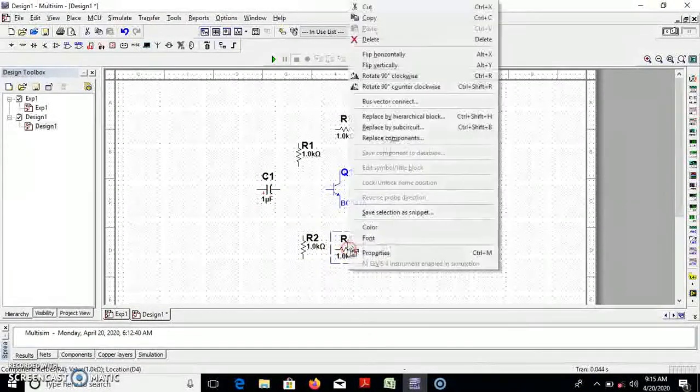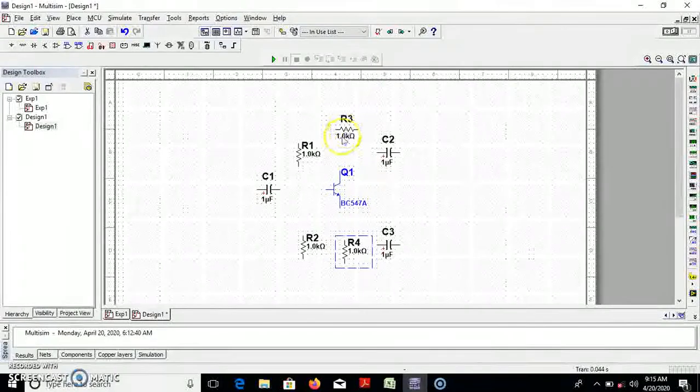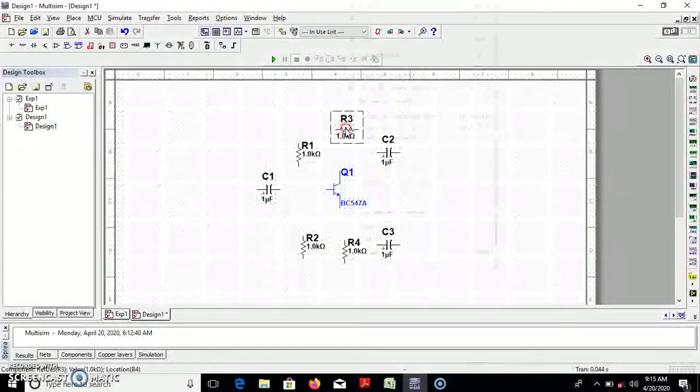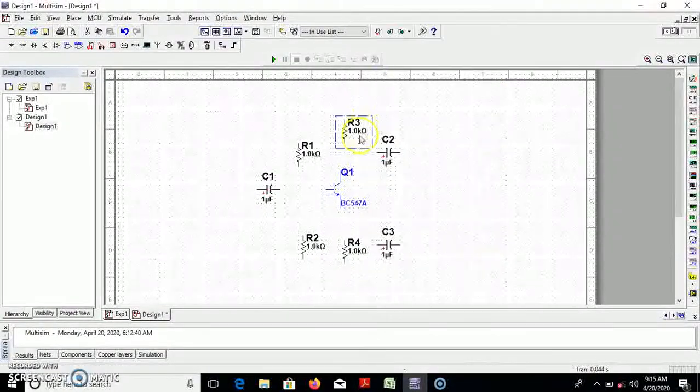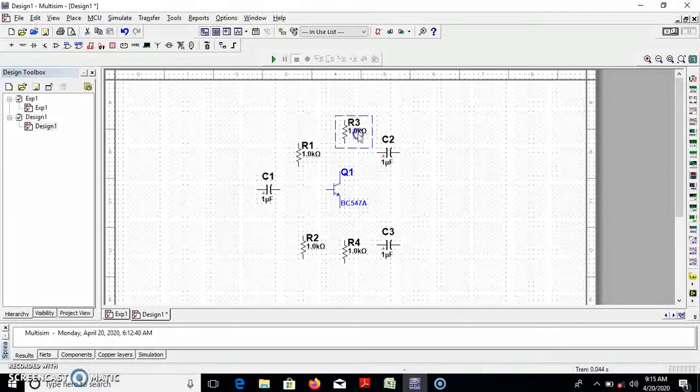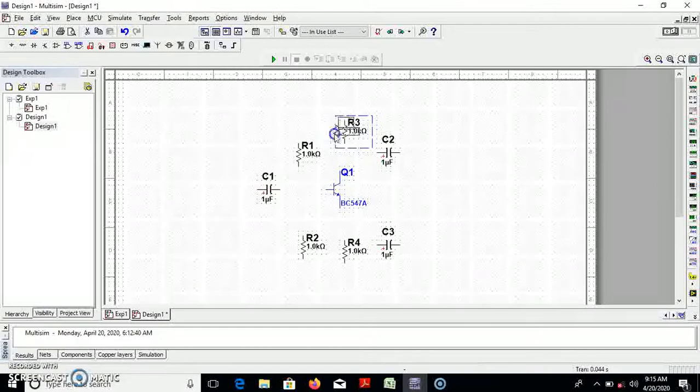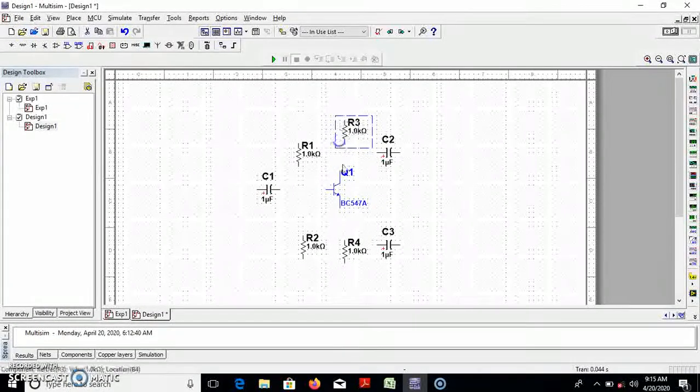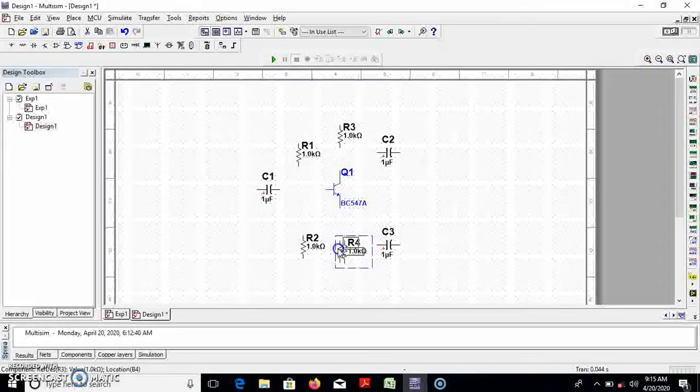So every component has been flipped over here. After flipping, if you require to slightly change the location of this resistor, you can drag the component anywhere you require. So just drag the component in line with the transistor.